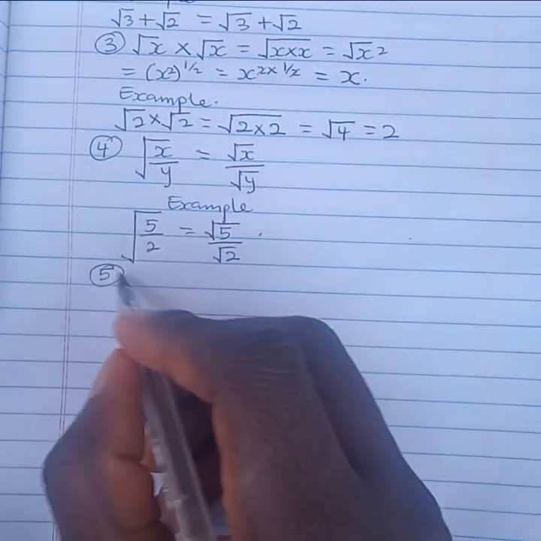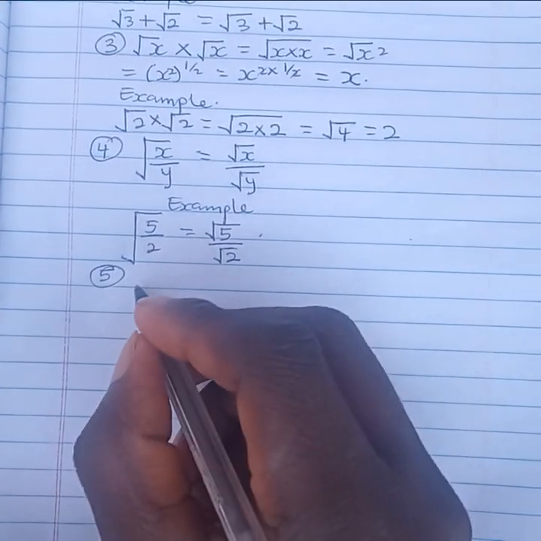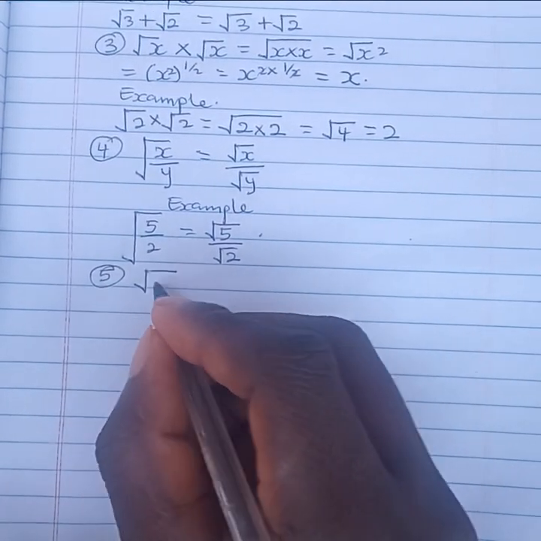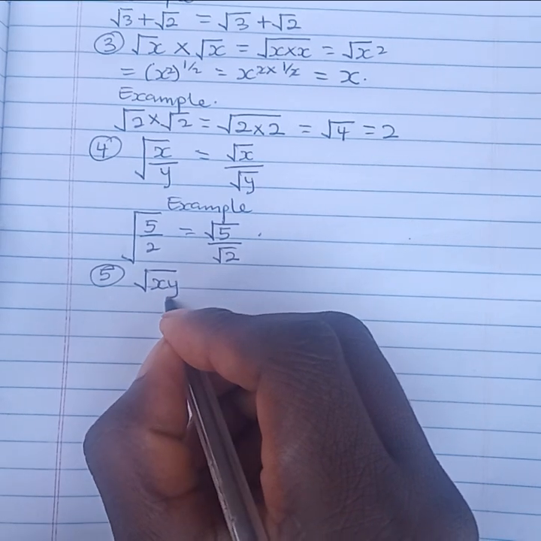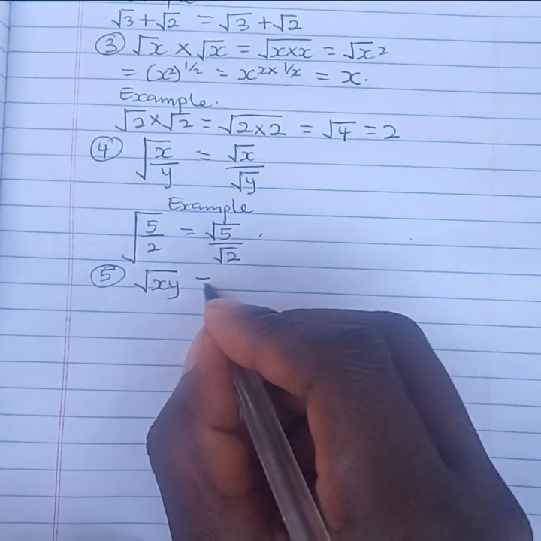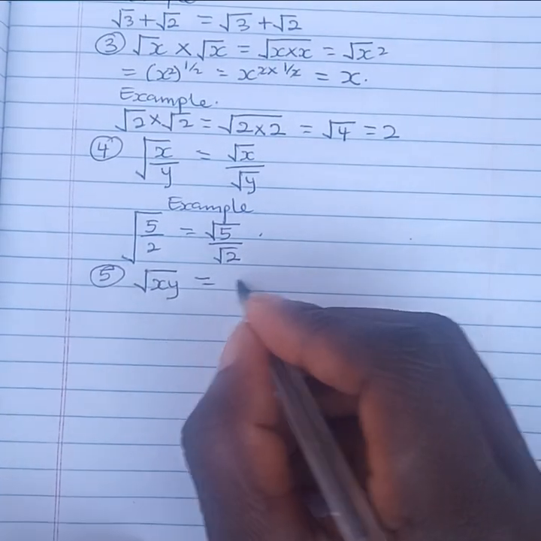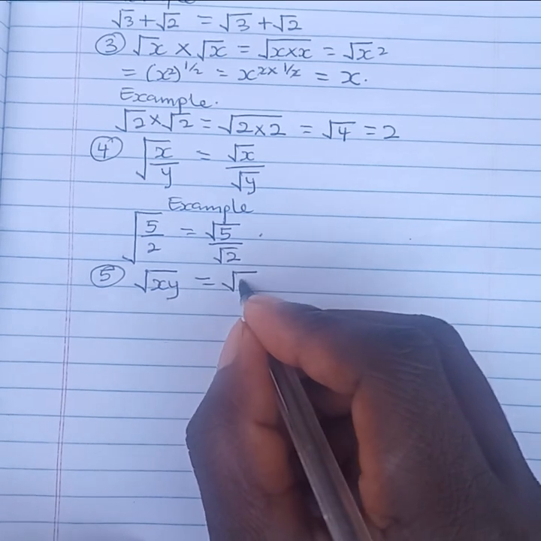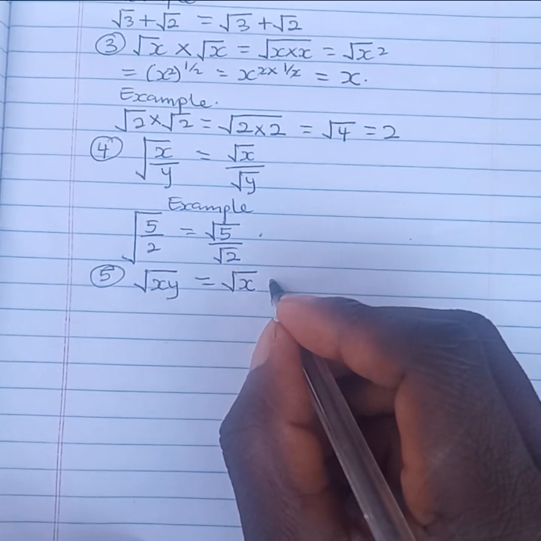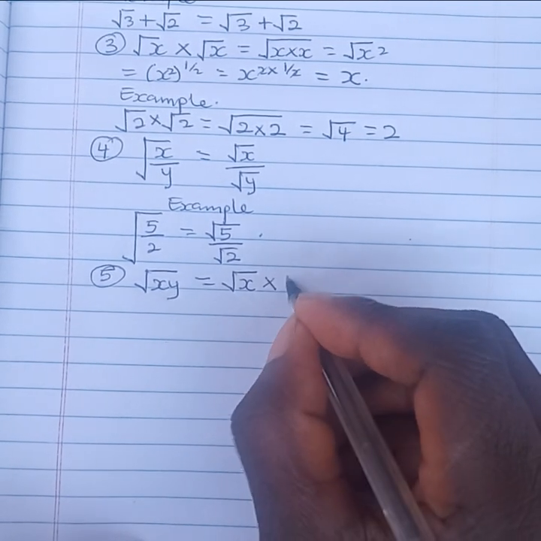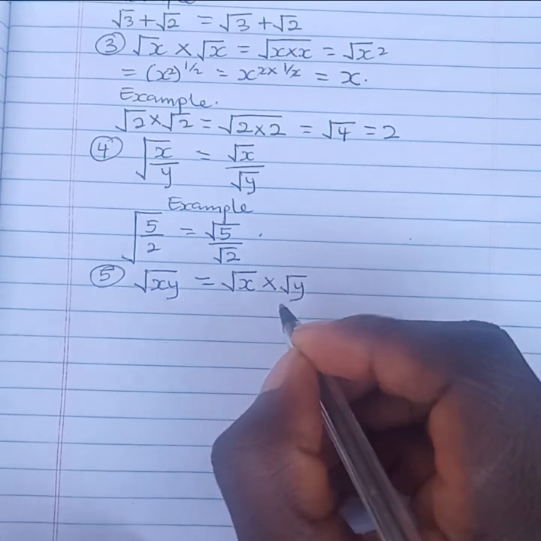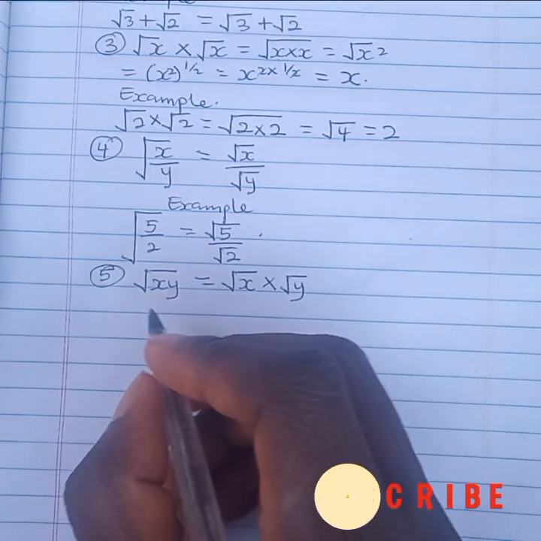Then rule number 5: you have square root of xy to be equal to, you can simplify them by saying that square root of x multiplying square root of y. Example,